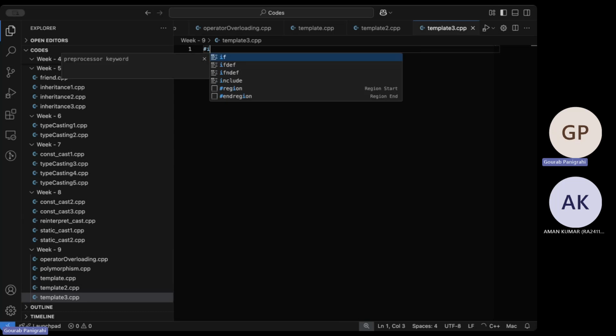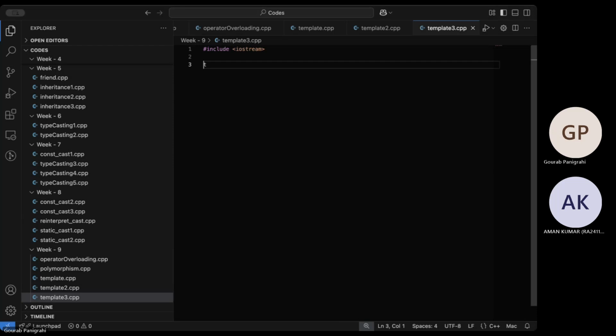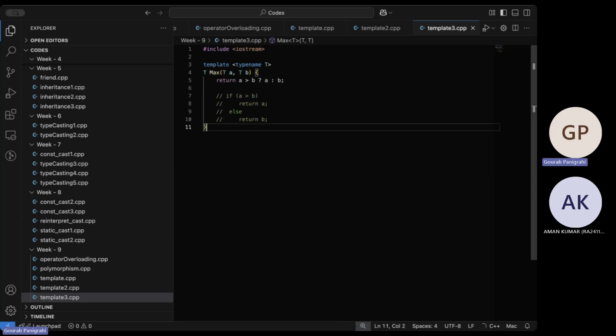Okay, so let's actually include string and make a template. I'll call it type T. Okay, that's fine. As usual, this is the code exactly what I wanted.